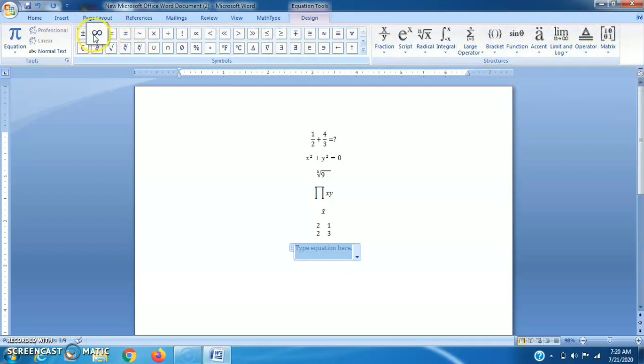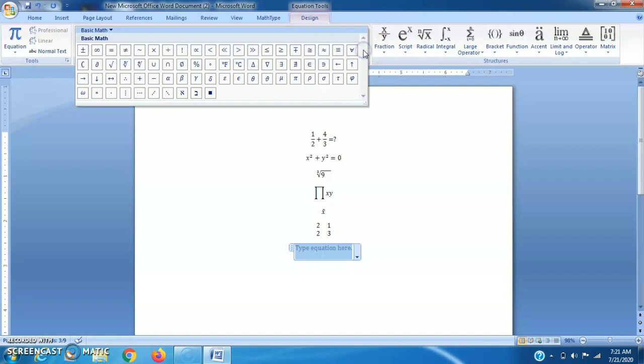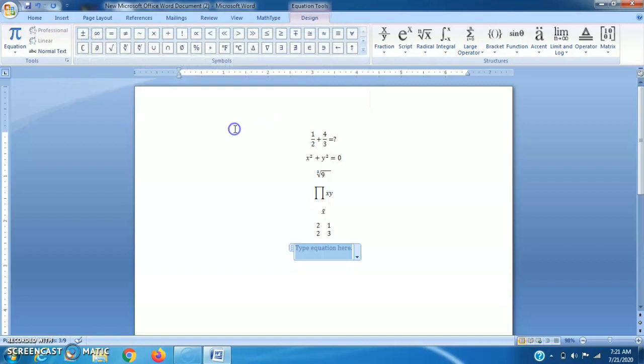Now there are some various symbols. Plus minus, we can use from here: infinity, equal, not equals to, asterisk, cross, division. These are the various functions we can use from here in our equations. We can use any one of them: alpha, beta, gamma, delta, epsilon, theta, mu, pi, rho, sigma, tau, psi. We can use all these from here in our equation.